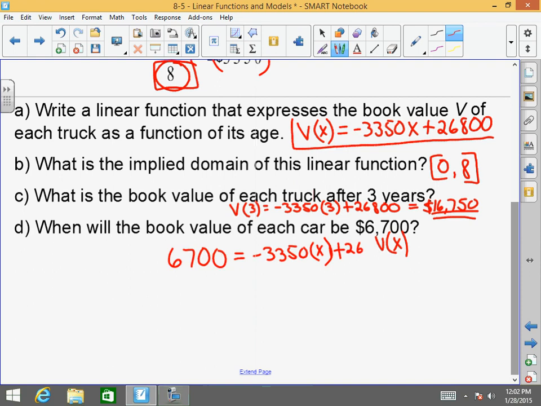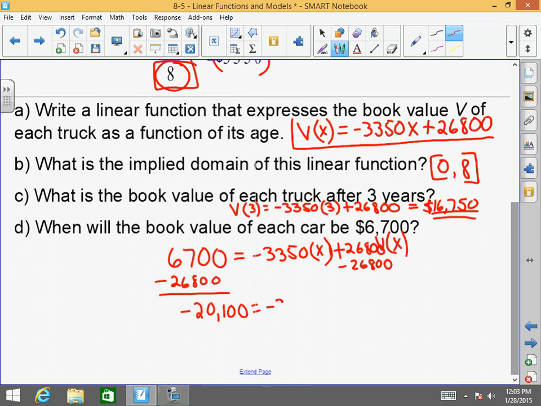Solve for X. How many years have to pass for me to get to that value of 6,700? Well, I'm going to subtract 26,800 from both sides. And remember, signs are opposites, so you subtract as normal and keep the sign of the largest absolute value, which in this case will be negative